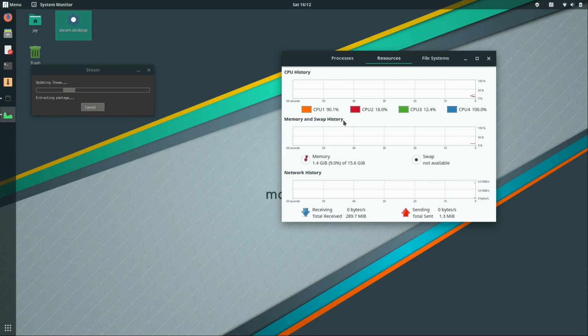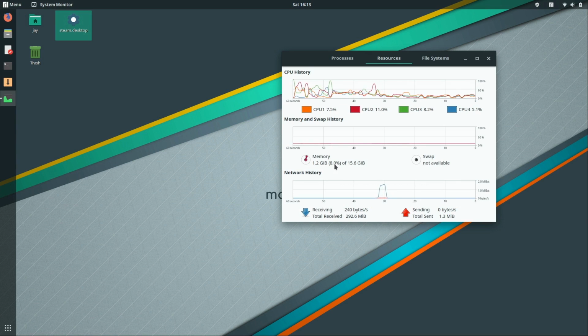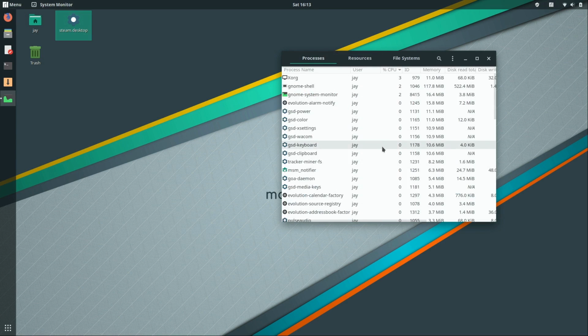Actually, it's dual core with hyper-threading, and I have Steam running, so I'll go ahead and give that a minute to finish what it's doing. It's only using about 1.2 gigabytes here, which is actually more than GNOME generally uses. In my experience, it uses about half that for me on Ubuntu when idle. We do have these extra extensions here that could be accounting for that, but I highly doubt it's responsible for 1.2 gigabytes. I'm not sure exactly what's running, so if I go to processes, I don't actually see a whole